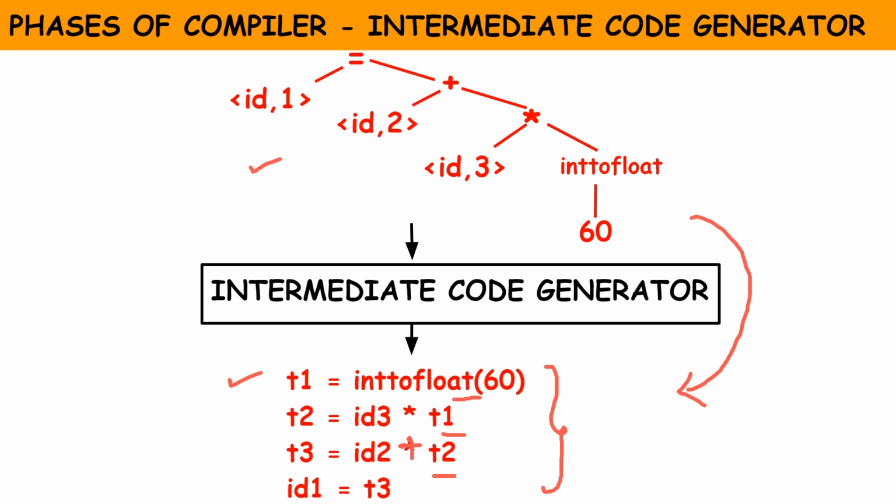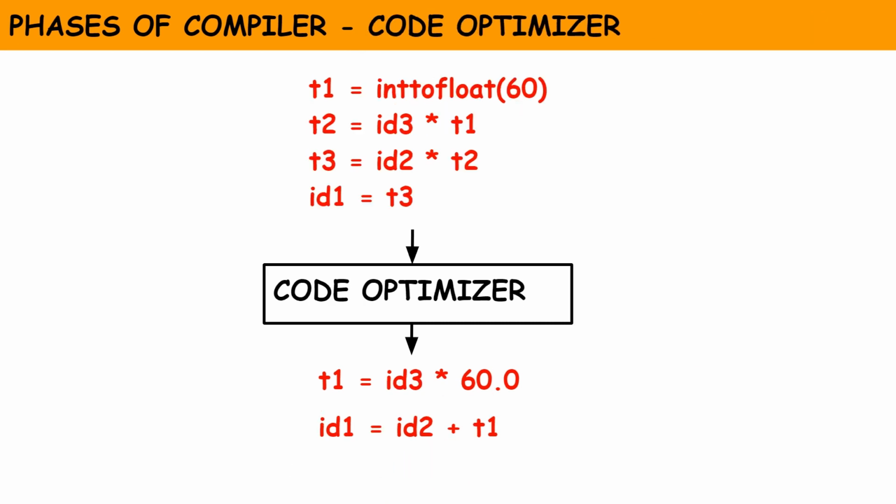code optimizer. The next phase of the compiler is the code optimizer. This phase attempts to improve the intermediate code so that better target code will result. Better means you will get a faster code, shorter code, code that consumes less power. There is a great variation in the amount of code optimization different compilers perform. Let us see how the intermediate code, which is the 3 address code from the previous stage, gets optimized in